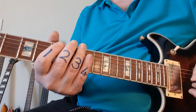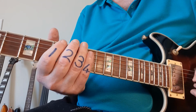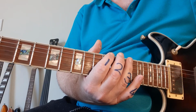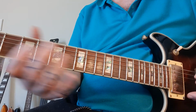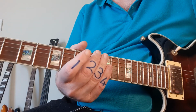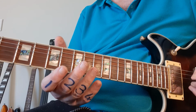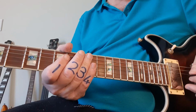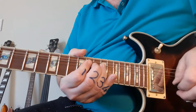In other words, for this little quick study, I used B Phrygian. I could have used A Dorian. I could have gone to A Aeolian, which I actually did. I could have gone to G Ionian. I could have put D Mixolydian, etc., etc. Bottom line is they all give me the notes I need to use, so they've got total freedom. So if I want to just have fun,